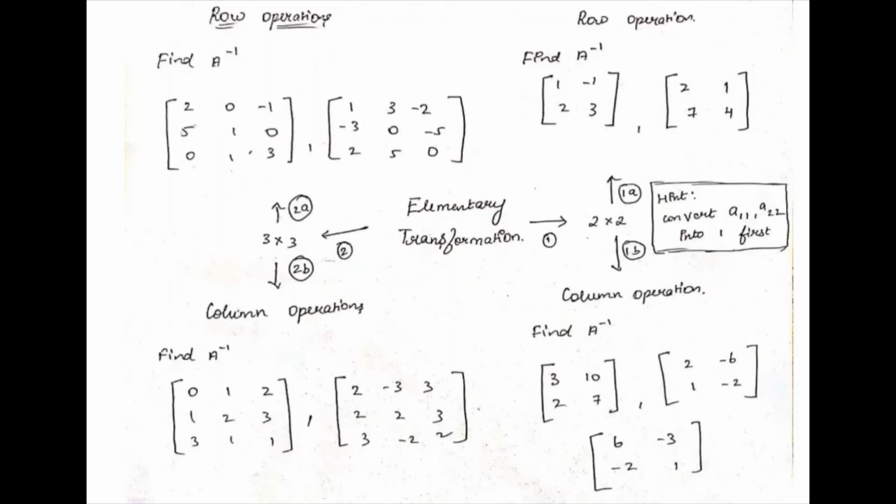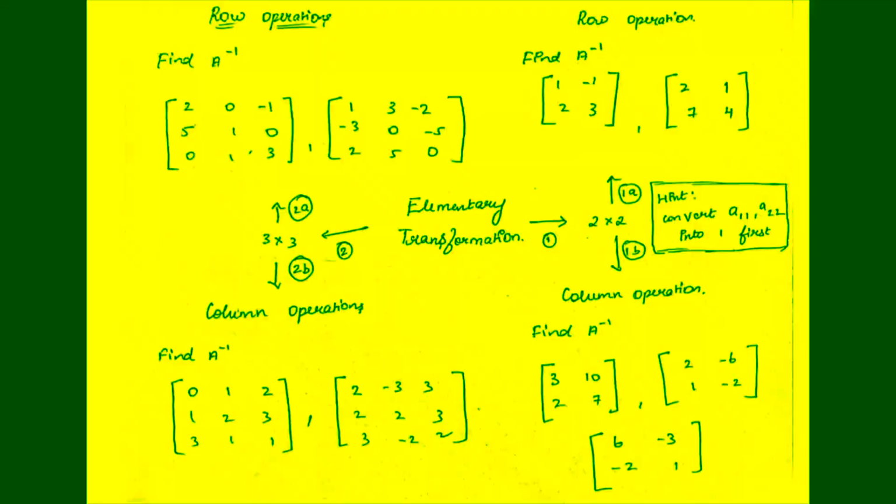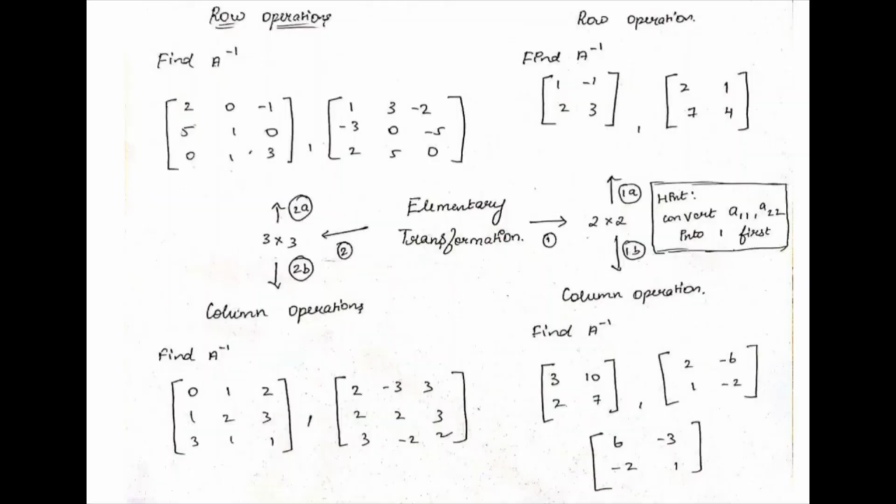Okay, let us move to MPM, that is Model Problem Mapping. What are all the questions that can be raised with this topic? The questions can be either in 2 by 2 or in 3 by 3. We have already discussed the questions related to 3 by 3. You should also get familiar with the questions with 2 by 2 matrix. The same methodology is applied in 2 by 2 also. But here only 4 elements are present, whereas in 3 by 3, 9 elements are present. Then how can we do that?